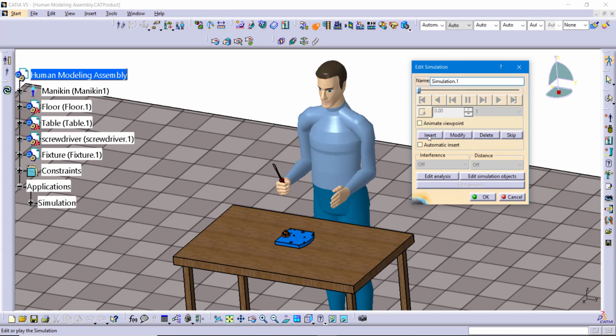If you can remember back, probably when you were younger in art class, you made a flip book. This is where you would, on a sheet of paper, draw a stick figure, and on the next sheet of paper you would draw a stick figure, but it would be slightly different. And then you would make 10 sheets or so, and then you kind of flip through the book, and it was almost like the stick figure was moving. I like to think of my simulations in a very similar method. You are inserting these different locations, and then CATIA will automatically animate how the mannequin should get from one location